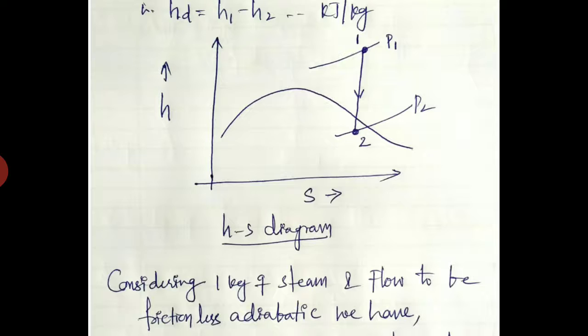High pressure enters into the nozzle. Okay, so suddenly pressure drops from P1 to P2. Also the heat drops here. There is a drop in heat, that is called heat drop, HD, from 1 to 2. So H1 minus H2 is called the heat drop here.